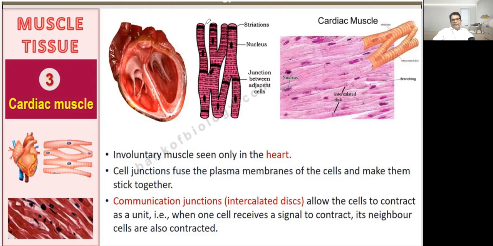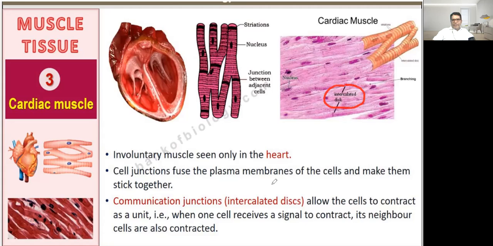Here they are just like striated skeletal muscle, but the muscle fibers are attached to one another. So there is a junction between adjacent cells. Cell junctions fuse the plasma membrane of the cells and make them stick together. This communication junction is also known as